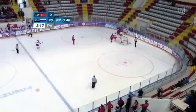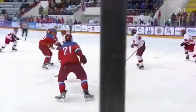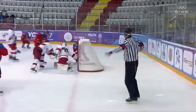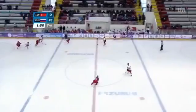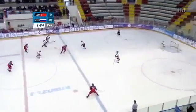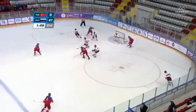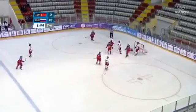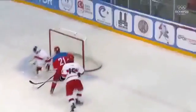And there's another one. Again, your second Russian with 5. 2 minutes left in the period. They've been close, had a couple of chances. There's another one. Not sure the captain, number Артемий